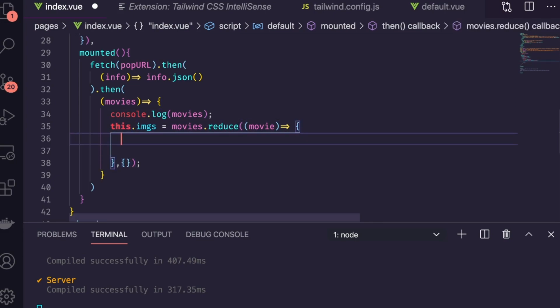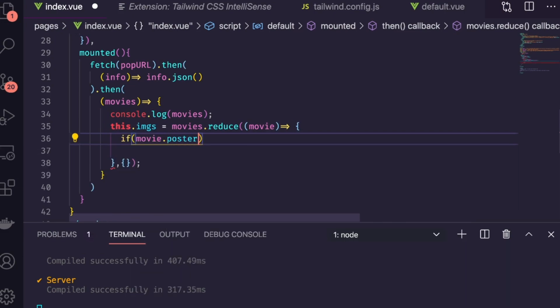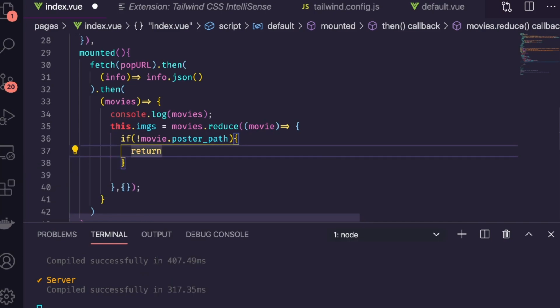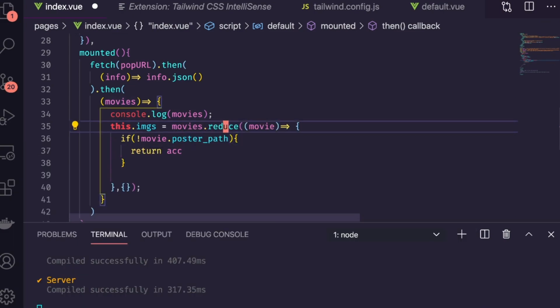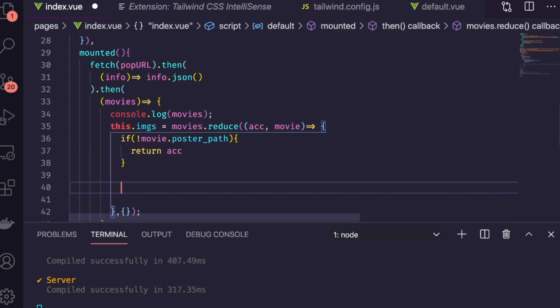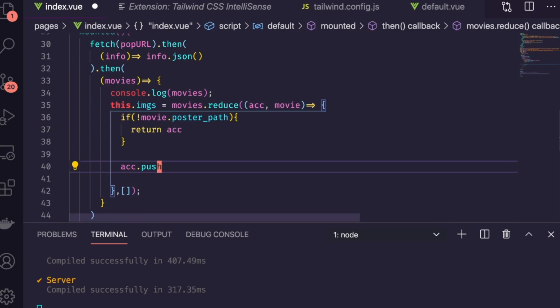So first I'm going to do this: if movie.poster_path doesn't exist, so I'll put a not here, so if it comes back as null, then I'm just going to return. Actually, we'll do return acc. So we're going to have an accumulator here. The first argument is the accumulator, then the actual individual movie. Else, what we're going to do is push, and actually I don't want it as an object. I'm going to have it as an array. I'm going to push,